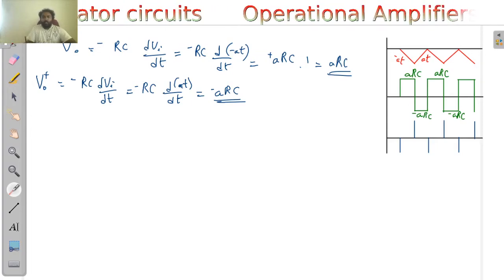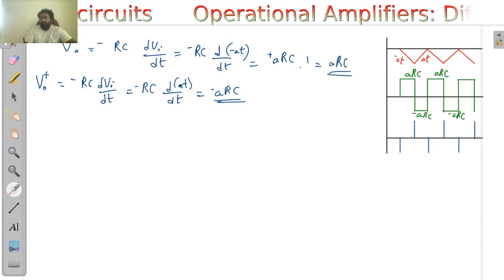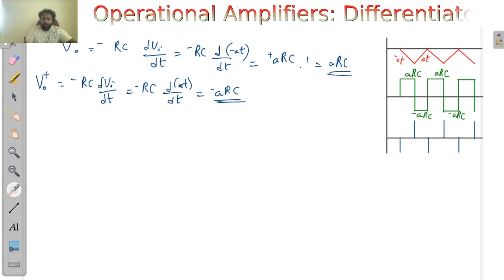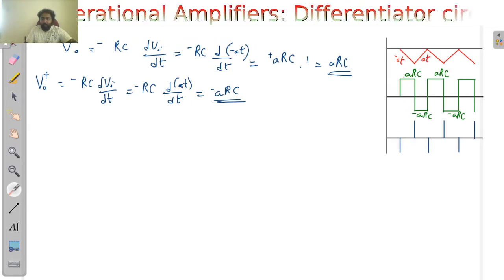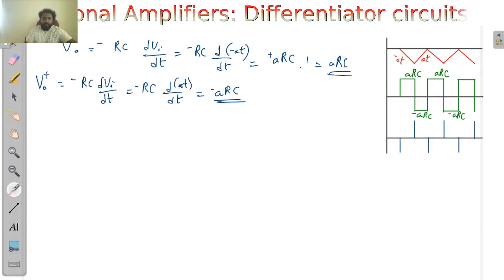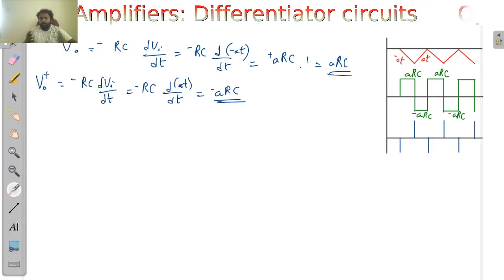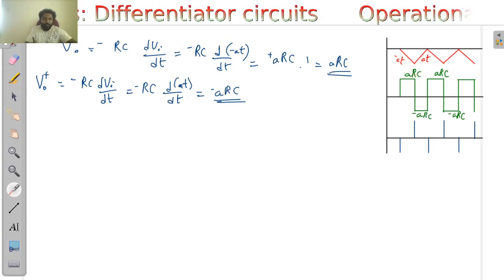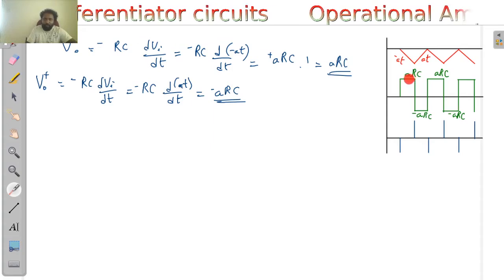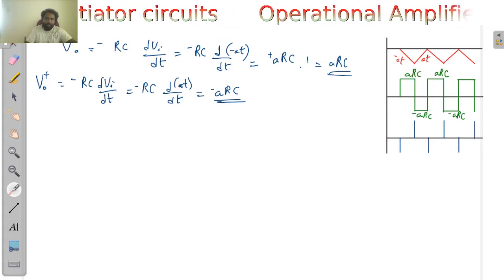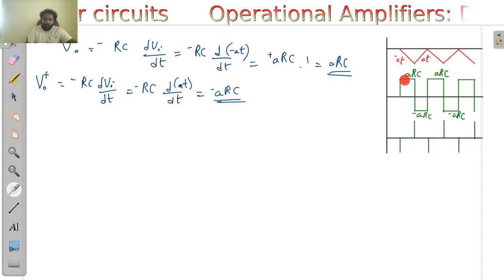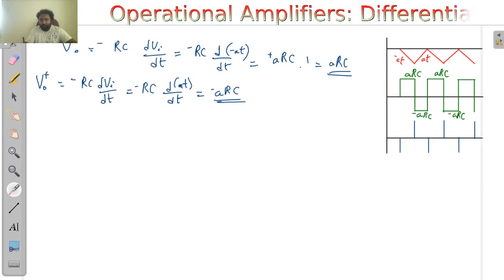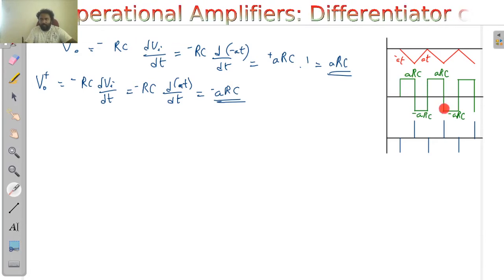Okay. So when you differentiate this again, what happens here is that you will be getting a signal only for the rising time and the falling time. That is because dy by dt gives a signal when there is a change in the signal. So here there is no change in the signal. So for these portions where you have your function value as A times RC and minus A times RC, they are constants. But the signal varies only during the rising time and the falling time. Here also there is a rising time, here also there is a falling time.